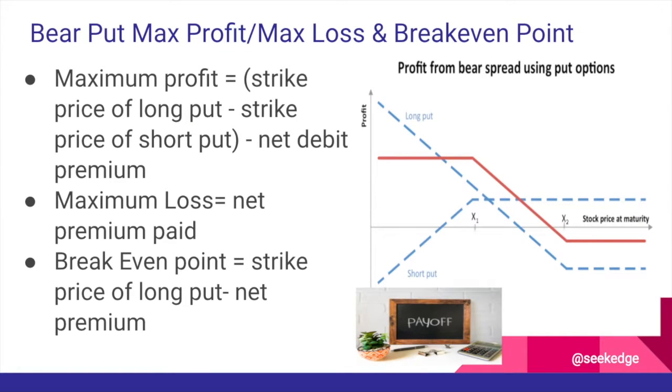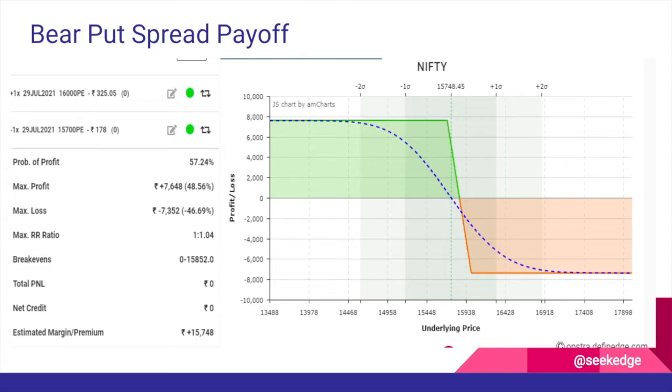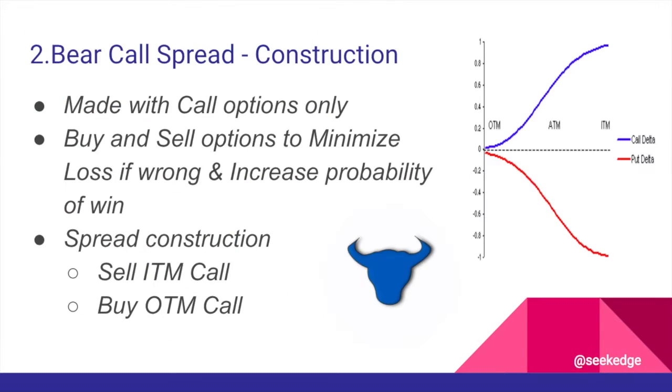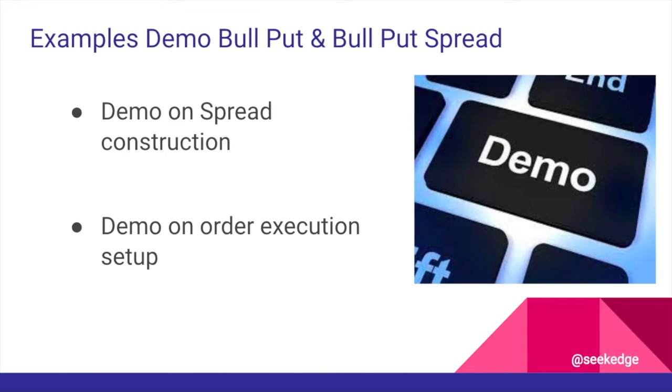So for the bear put spread, maximum profit is the difference between the strike price of the long put and the strike price of the short put, minus the net premium. If you look at this, 16,000 is the strike price of the long, 15,700 is the strike price of the short. The difference between that is 300. So to find the maximum profit, what do you do? 300 minus the net premium. Net premium is what? Net premium, we can see that,